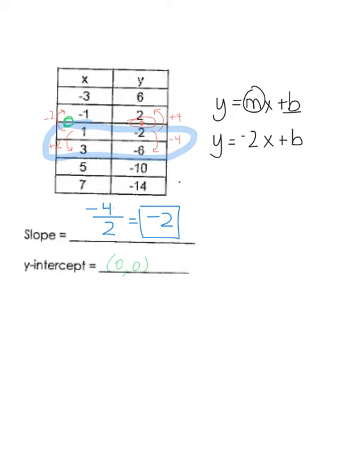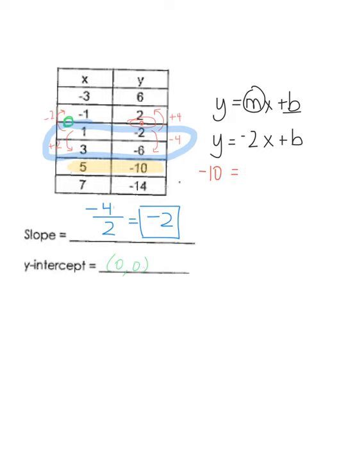What you could do to then help you solve for the b is you can pick any x, y pair of numbers. Let's highlight it. All right, so I'm going to use those two numbers. So my y number is -10